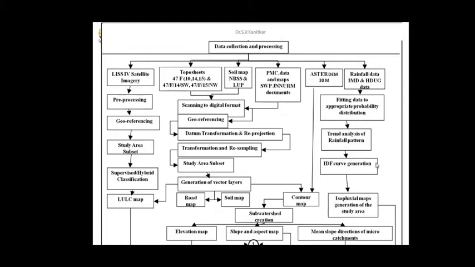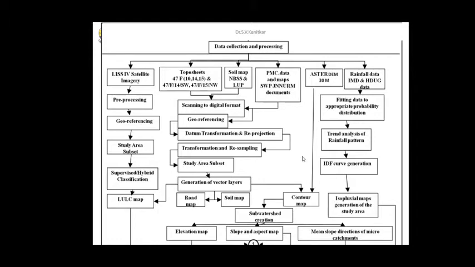followed by, after fitting this distribution and using a correlation test, you work out the IDF for a particular probability distribution. So this IDF curve, that is the intensity duration frequency curve, is generated for different return periods, say 1 in 2 years, 1 in 5 years, 1 in 10 years. Generally CPHEEO mentions a return period of 1 in 1 year or 1 in 2 years for design. So you may either stick to that or a higher value of probability distribution, depending upon whether it's a research project or a commercial project.